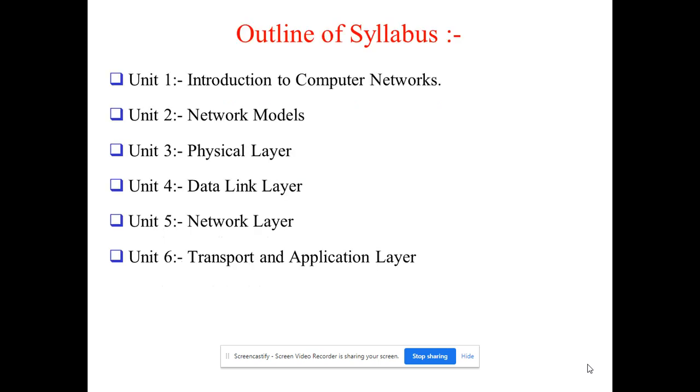Today we will see the syllabus overview of computer network. The syllabus of the computer network is broadly divided into 6 different units, Unit 1 to Unit 6. Unit 1 is nothing but the introduction to computer network, and Unit 2 to Unit 6 is broadly divided by